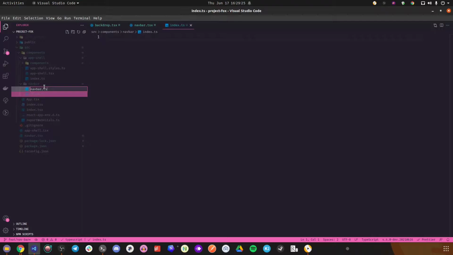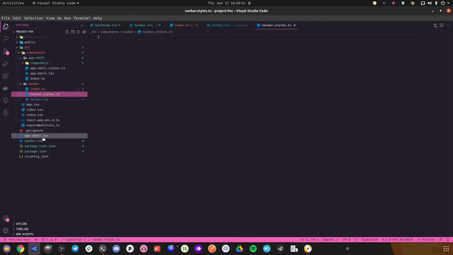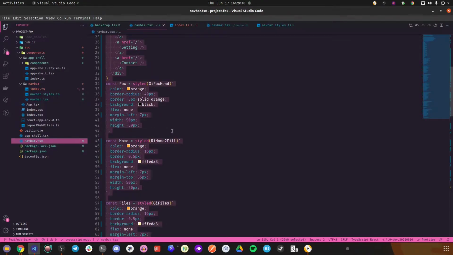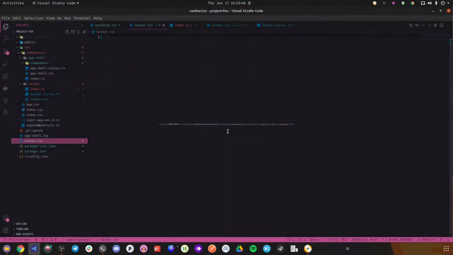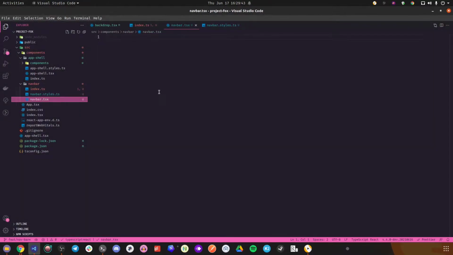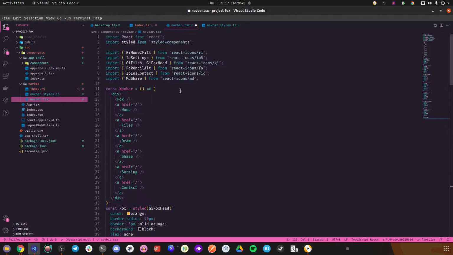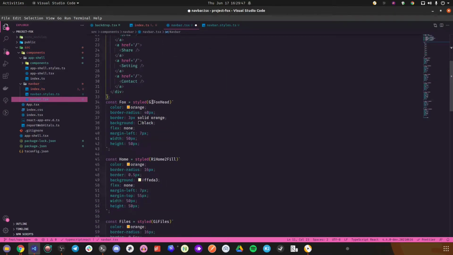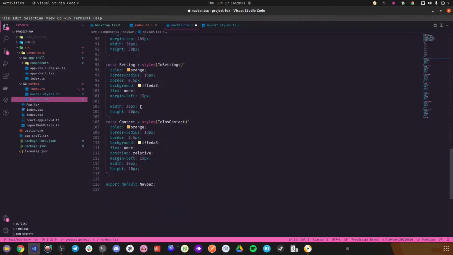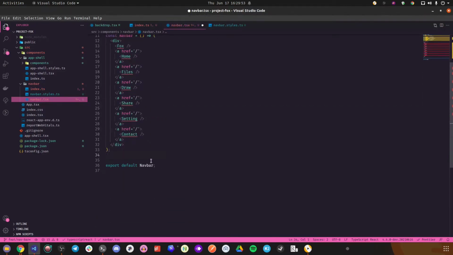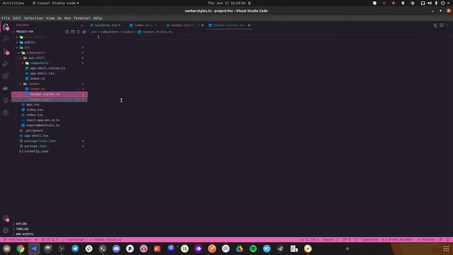Just go navbar tsx and navbar dot styles dot ts, right? We'll copy this code, remove this, go to navbar tsx, paste this. Okay, move the styles to this,